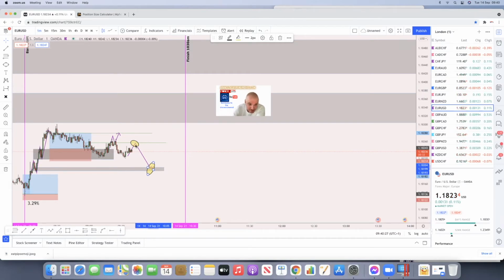Again, we'll see if we'll get the push onto here. If it gets a rejection, it might only reject that one last time and then push down. You normally get a 1, 2, 3 drive and then a push. Again, guys, hopefully my bias for today will be okay. If it is, happy days. It just means we get a continuation of trend. We'll hit this and box off this 1.28. We'll come out and pull back into the next continuation for the bias, which was originally to head towards here.